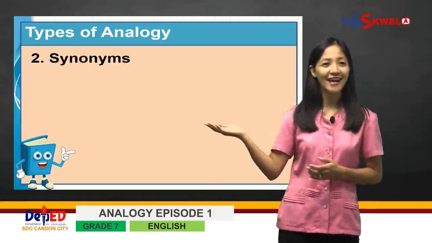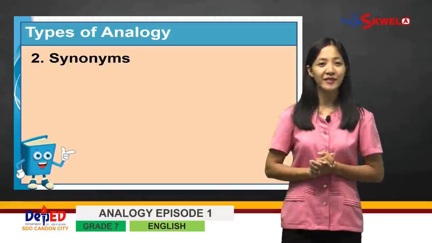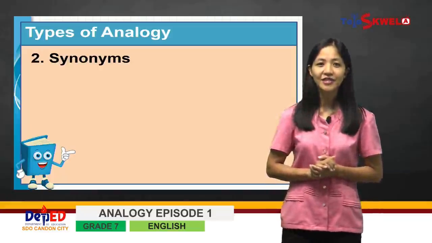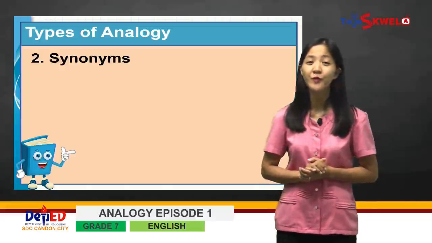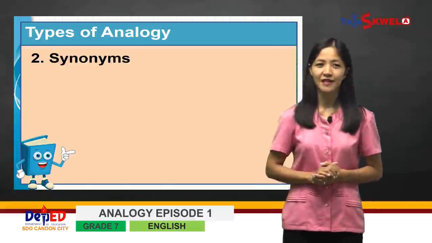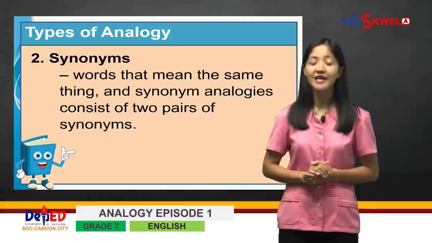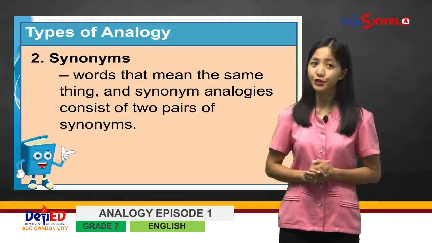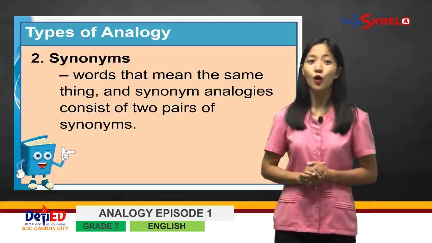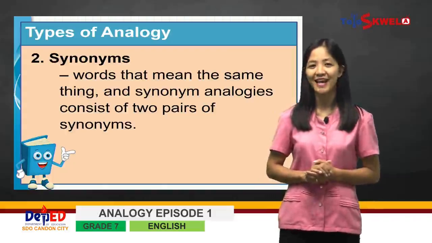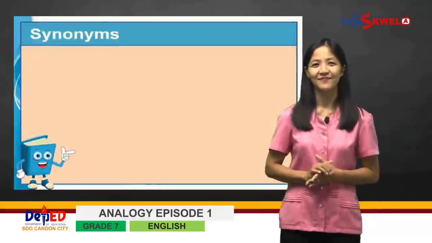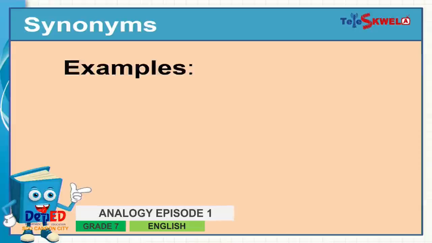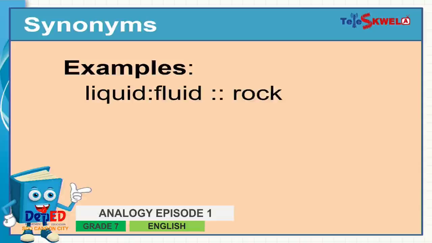Synonyms, on the other hand, are words that mean the same thing, and synonym analogies consist of two pairs of synonyms. The first pair of words means the same thing, so the second pair must mean the same thing too. It does not mean that all four words mean the same. Examples of synonym analogies. We have liquid is to fluid,